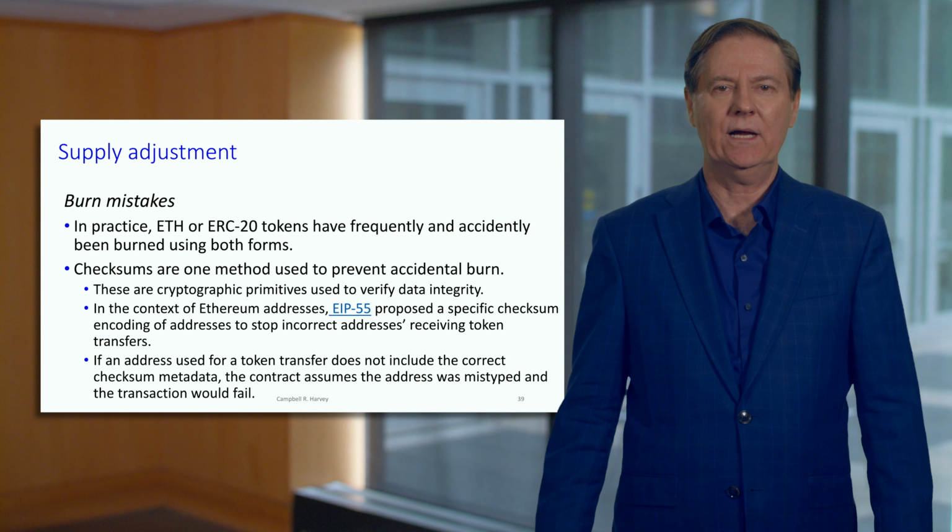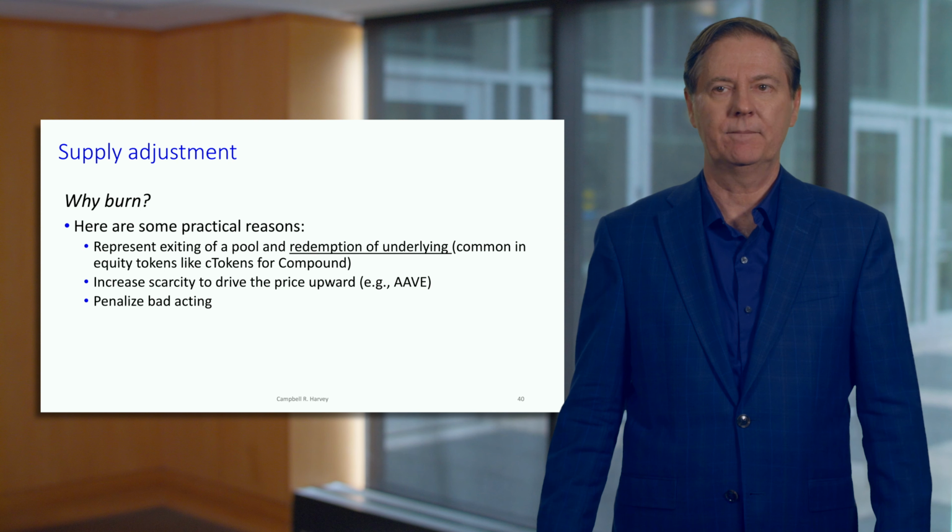So this happens before; think of this as the checksum is done. If it fails, then there's no transaction. And remember, all transactions are atomic. So if it fails, you revert to the original state, like nothing has happened. So this is something that Ethereum's got, that Bitcoin's got. Most cryptos have a checksum capability. Nevertheless, you can still make mistakes, and many have lost their tokens due to a mistaken burn.